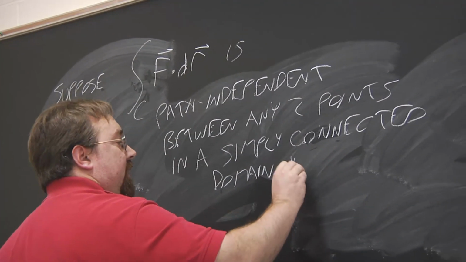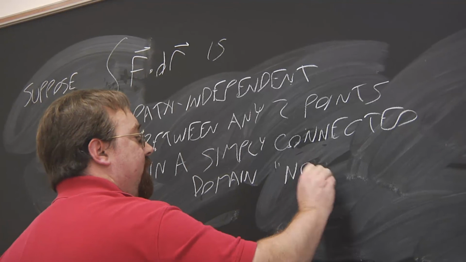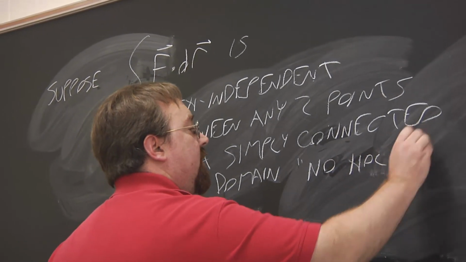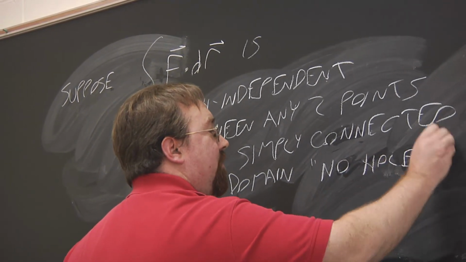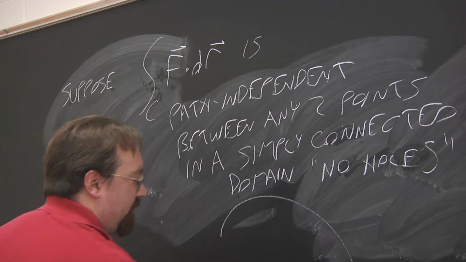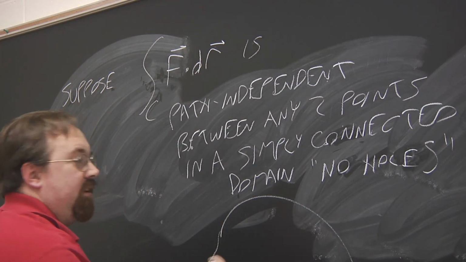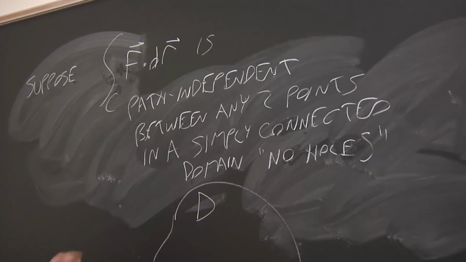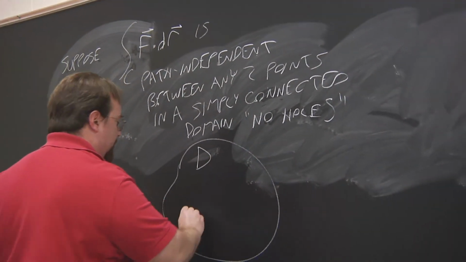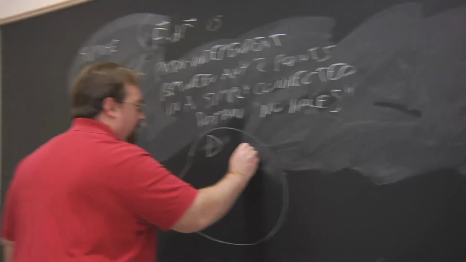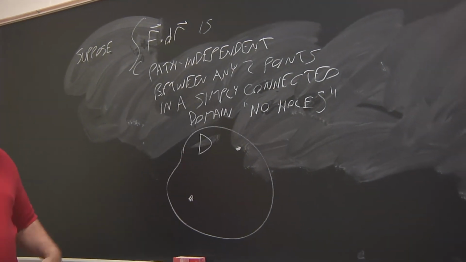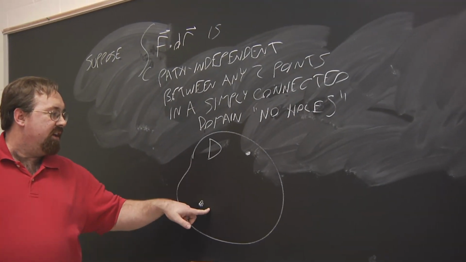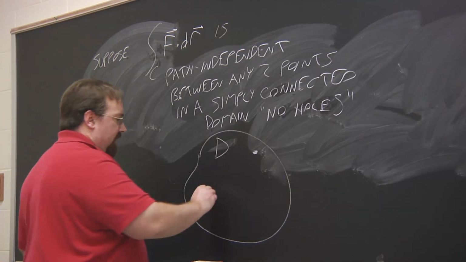I'll give you an informal definition of that, and then I'll draw a picture. No holes. If you have a domain like this, say in the two-dimensional case, this is an example of a simply connected domain, and what that really means is if you have any two points in the domain then